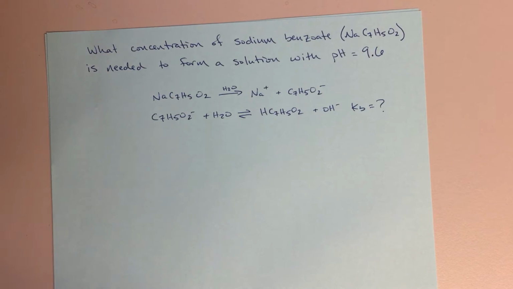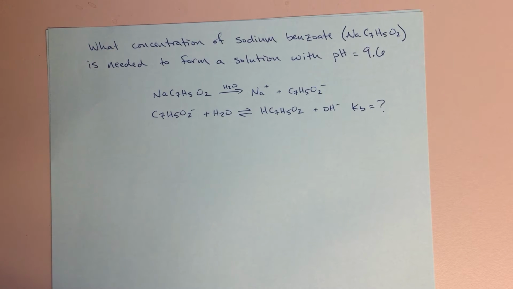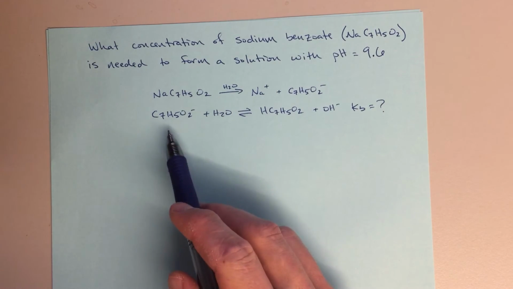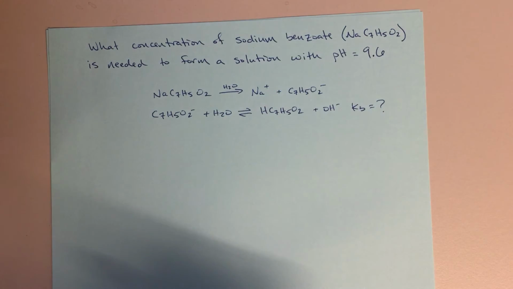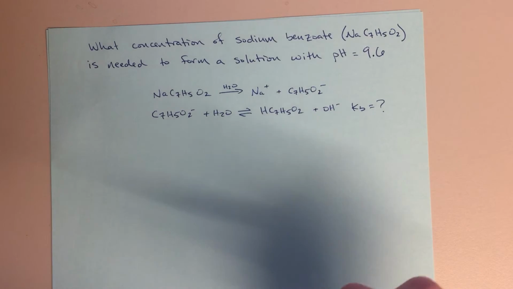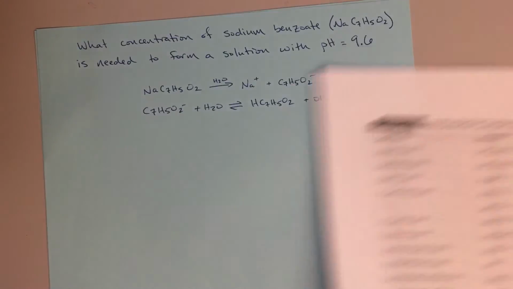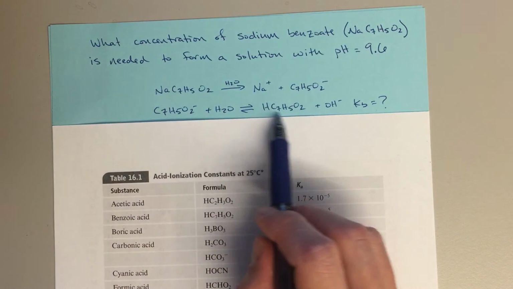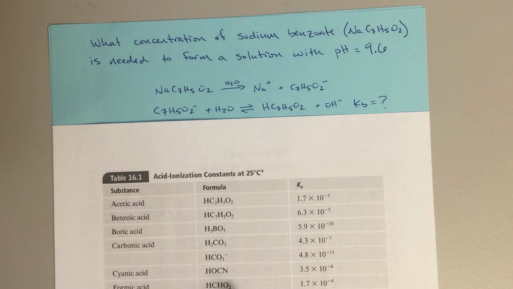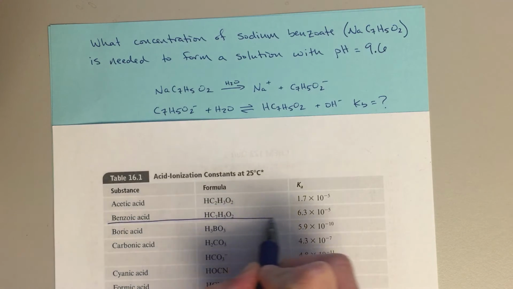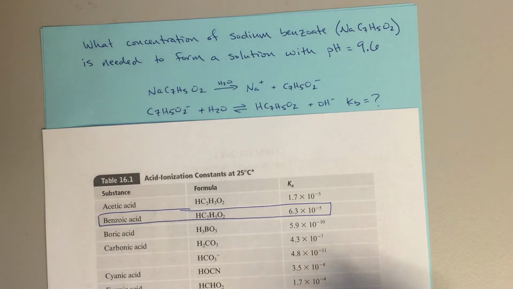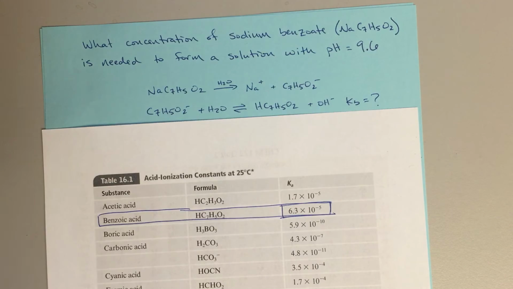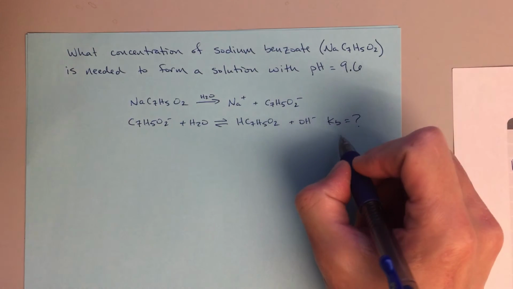And I can write out this equilibrium, and again, I'm recognizing that as a Kb type equilibrium. I've got OH minus here. You know, the general form: base plus water gives us conjugate acid plus OH minus. That's a Kb. And at this point, I don't know what that Kb is, but I do recognize this benzoic acid. So if I look on my table 16.1 right here, I've got benzoic acid, and it's got a Ka value of 6.3 times 10 to the minus fifth. So I can use that information